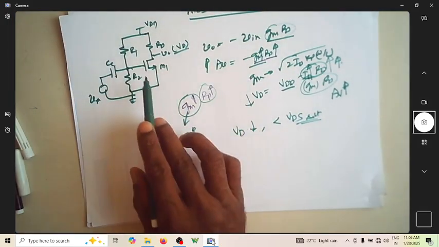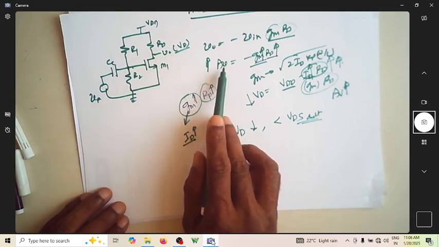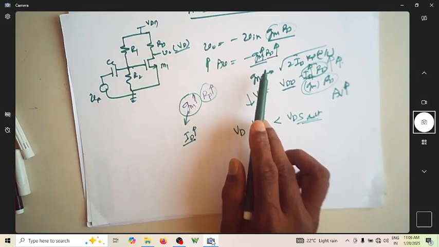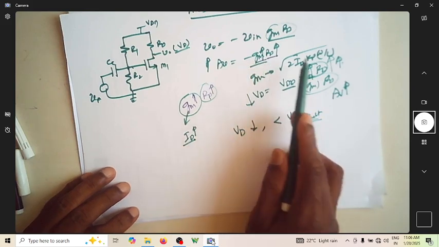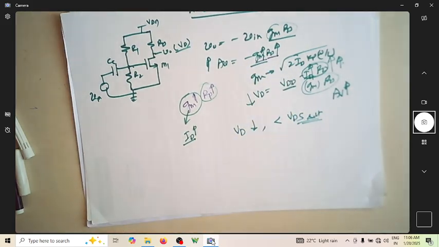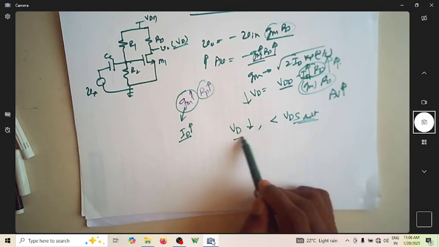So in order to increase gain, if the increment of gm or RD makes